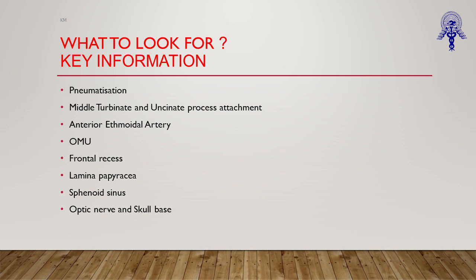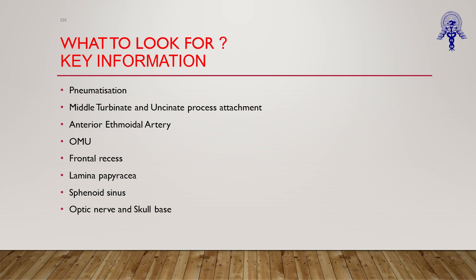Then the most important and key things as you start seeing your CT scan are middle turbinate and uncinate process attachment, because that gives you first impression about the anterior group of sinuses drainage pathway like the infundibulum, and also the relationship to the skull base, how risky the disease and how risky the surgery is going to be as you